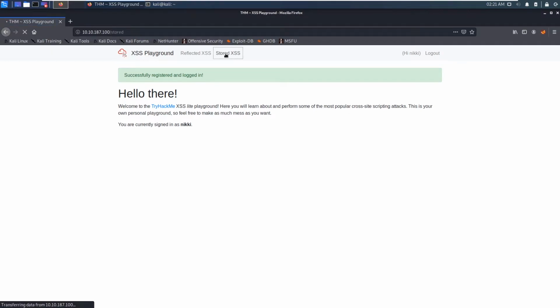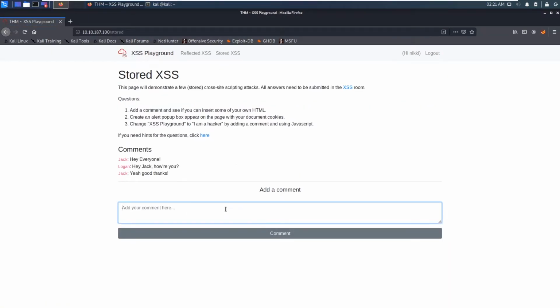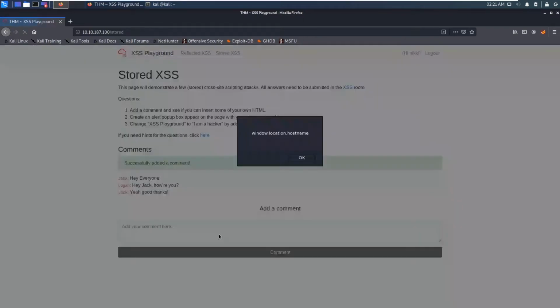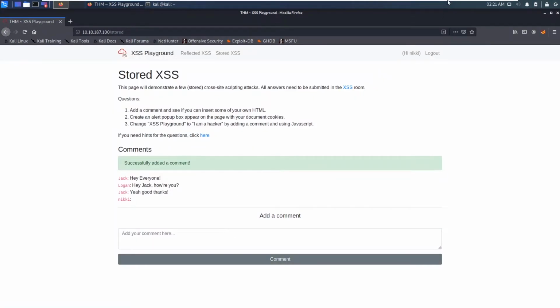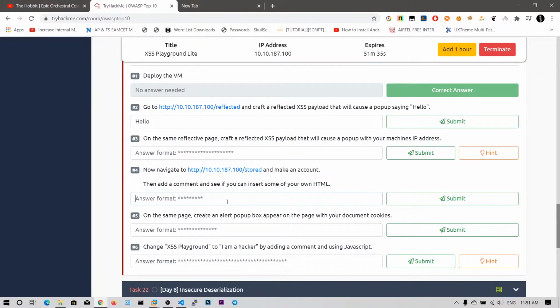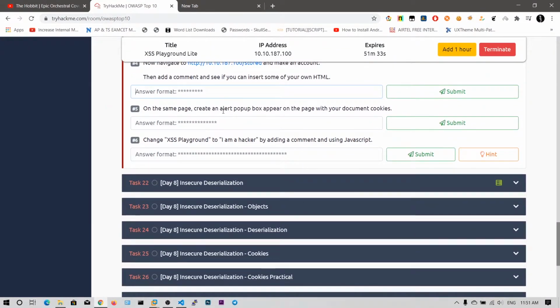So if again I go to stored XSS, I got a text box saying that I need to add a comment. So let me type the script. Let me paste this previous one. Let me comment, and you can see it says window.location.hostname. Okay, we can successfully inject here, and on the same page create another pop-up with your document.cookie.